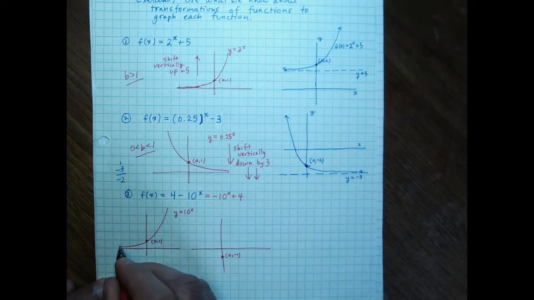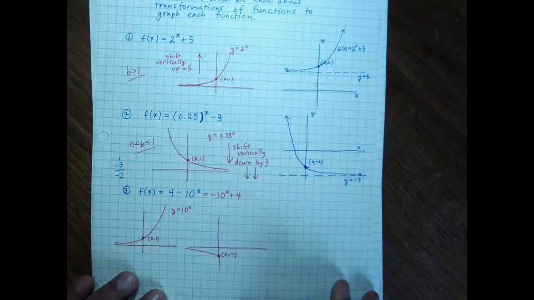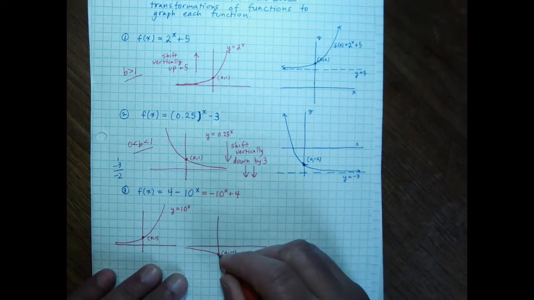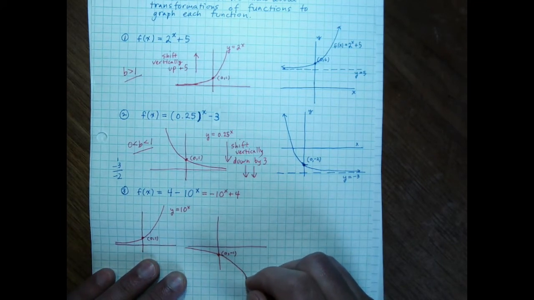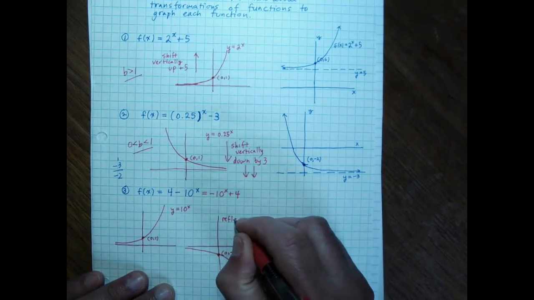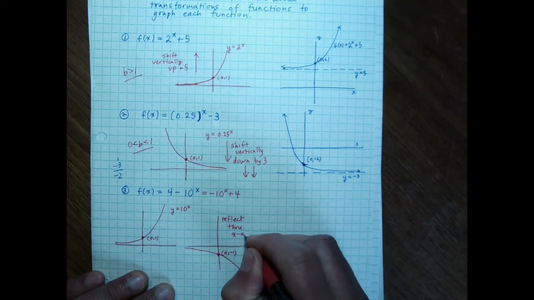This portion just above the x-axis will go just below, and this portion rising up here will now go dropping down below. So we reflect through the x-axis,